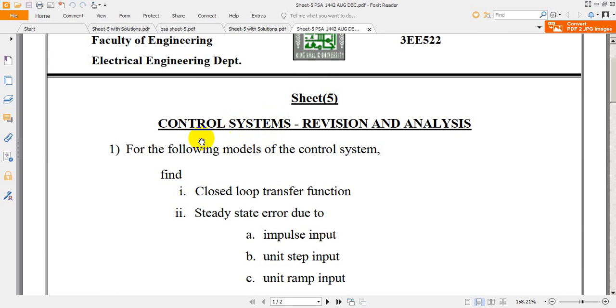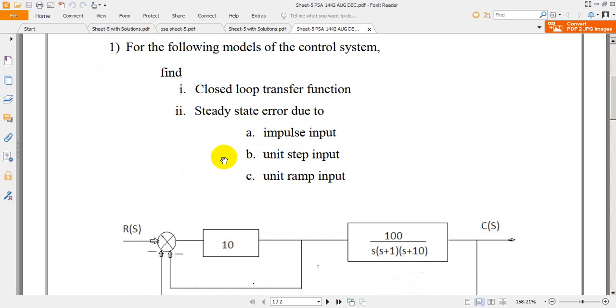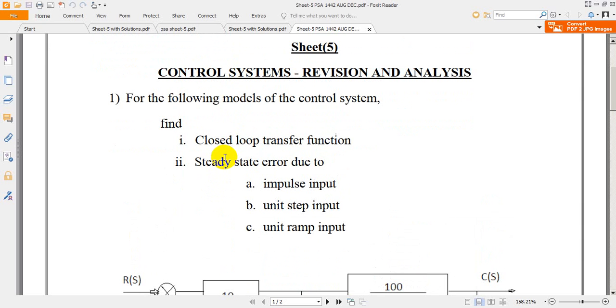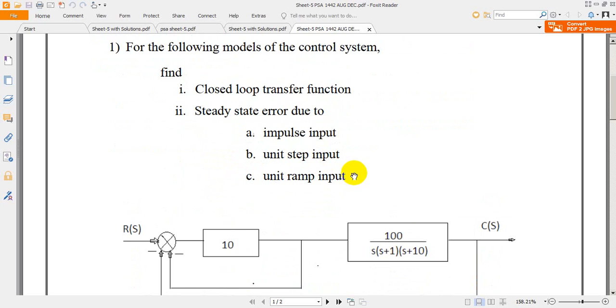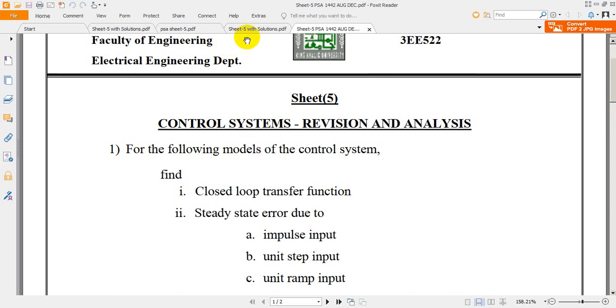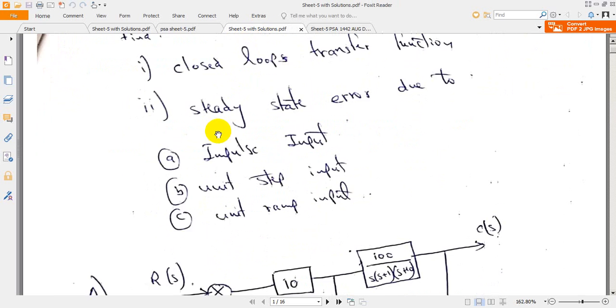To start with, coming to the first problem, we are having a closed loop system, and for which we need to evaluate the closed loop transfer function and steady state error due to impulse input, unit step input, and unit ramp input. If you go to the solution,